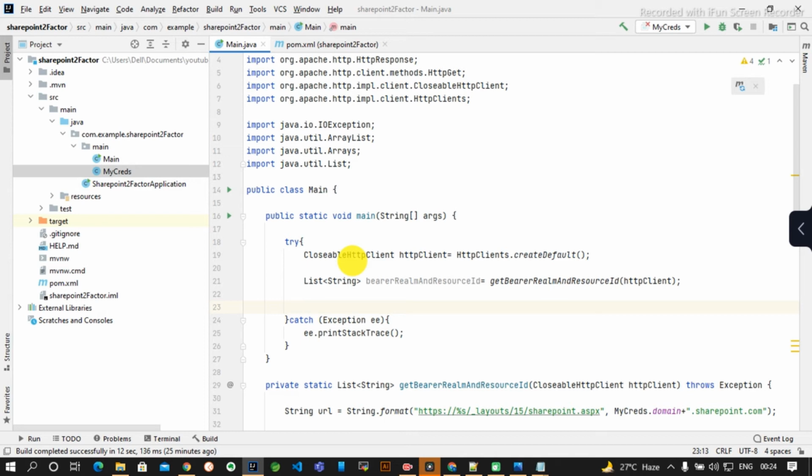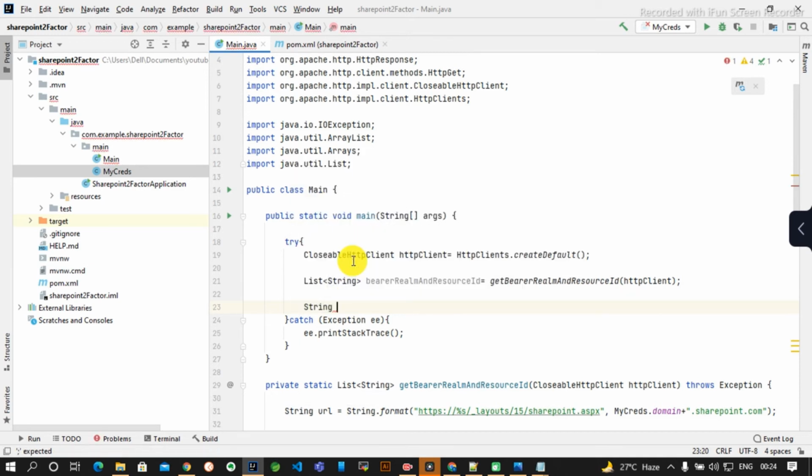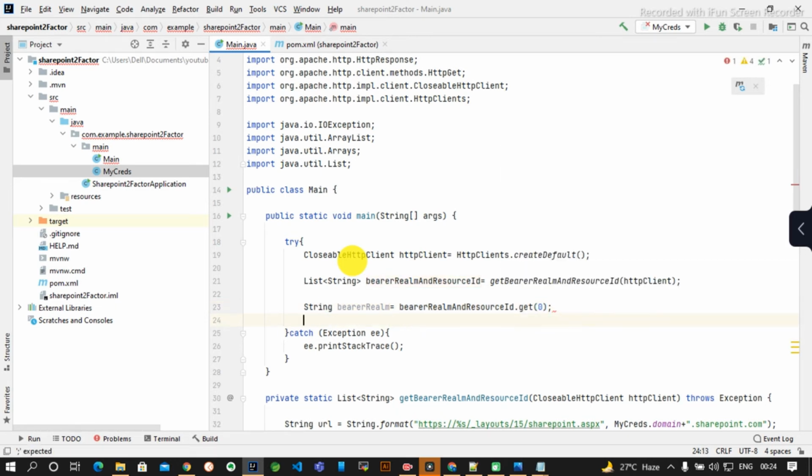So since we have got the bearer realm and the resource id, we will extract the bearer realm and the resource id. Since ArrayList maintains the order, the way we have inserted the elements, we will get the elements also in the same way.